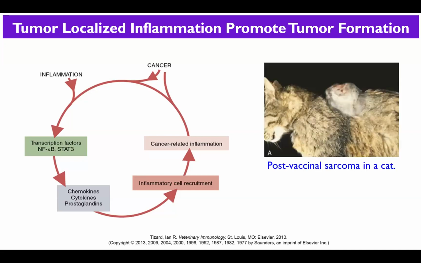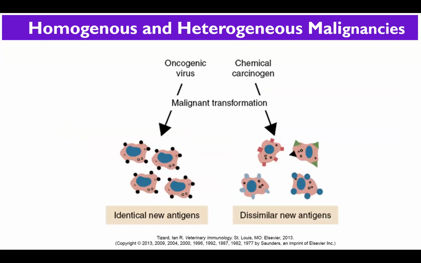Now, how do we know this? The best example here, if you look at certain adjuvants, and this is an aluminum-based adjuvant, is that they end up causing post-vaccinal sarcoma in a cat. Simply, what's happening here is that you have an immunogen formulated in an adjuvant, and it ends up promoting excessive inflammation, and all of a sudden you have an outcome like this. All right. Okay, so